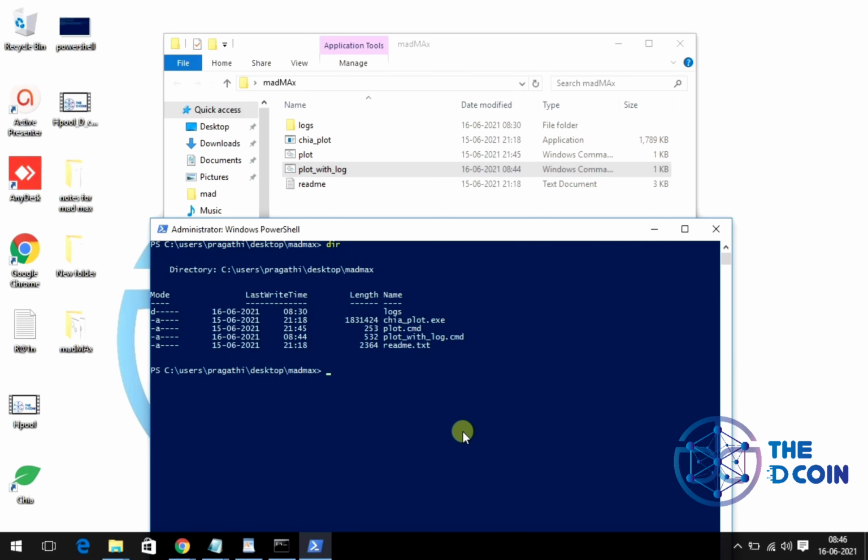Use the dir command to view the files in the folder. We are going to run the plot with logs: dot slash plot underscore with underscore log dot. You can note it down. This is a command parameter file. This is not a PowerShell file.